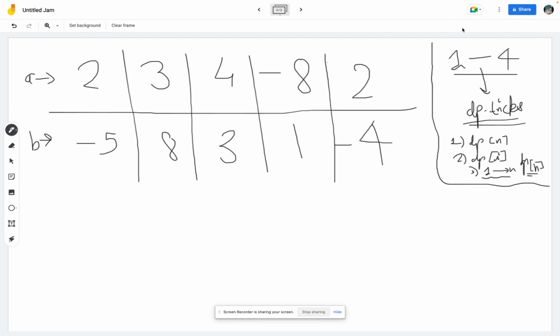So I hope this much is clear, because you guys must have watched my previous sessions, right? So this thing is clear. Now let me take a very interesting problem. We are given two arrays, array A and array B. The question is that we have to select a subset of elements from both these arrays, such that